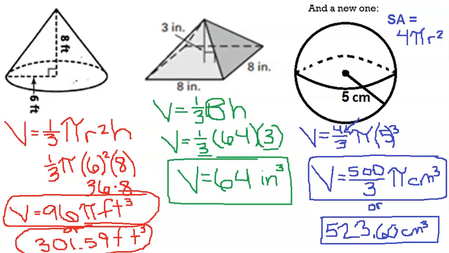So if you are ever told to do the surface area of a sphere, it's not a big deal. It's the same idea as what we just talked about. You only have to plug in one number. That's why I want to make sure we go over it, even though we haven't done it to this point. 5 squared is 25. 25 times 4 is 100. So if they would have asked you for surface area, you would have just had 100 pi